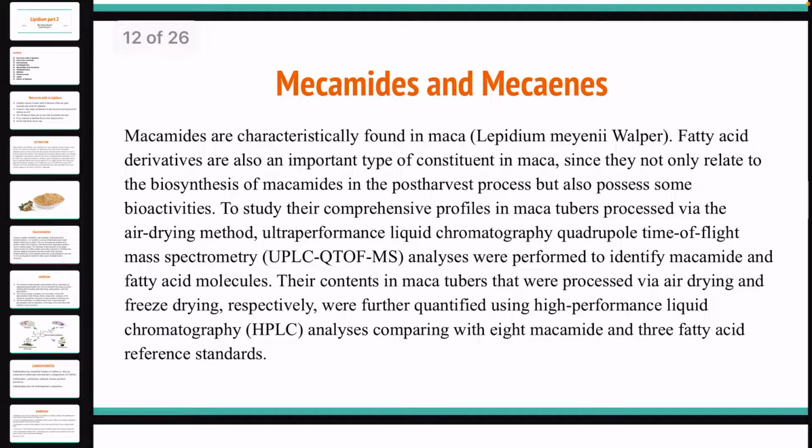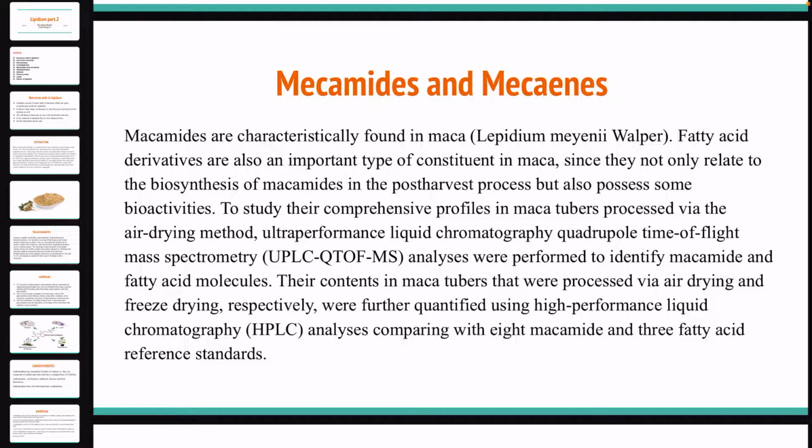So let's talk about macamides and macaenes. Macamides are characteristically found in Maca, Lepidium meyenii Walp. Fatty acid derivatives are also an important type of constituent in Maca, since they not only relate to the biosynthesis of macamides in the post-harvest process, but also possess some bioactivity. To study their comprehensive profiles in Maca tubers processed via the air drying method,